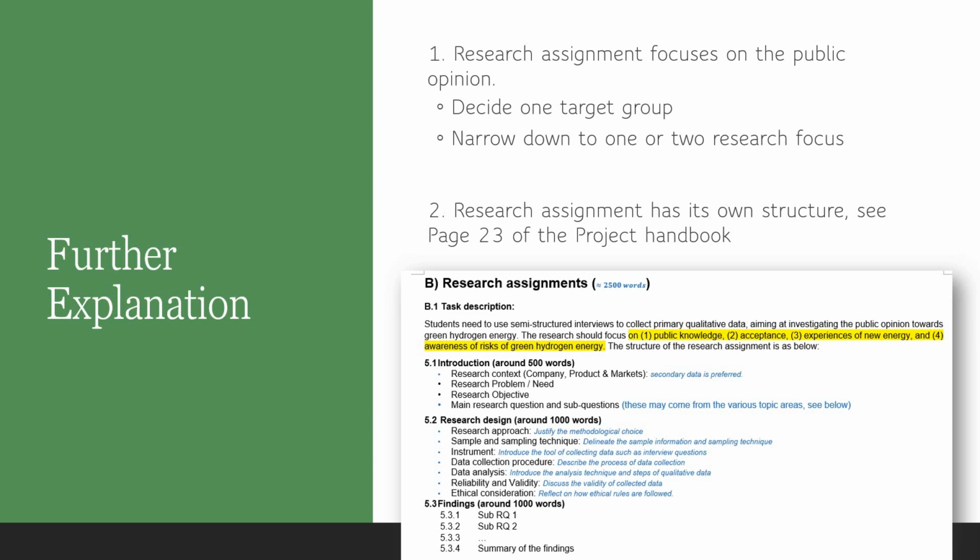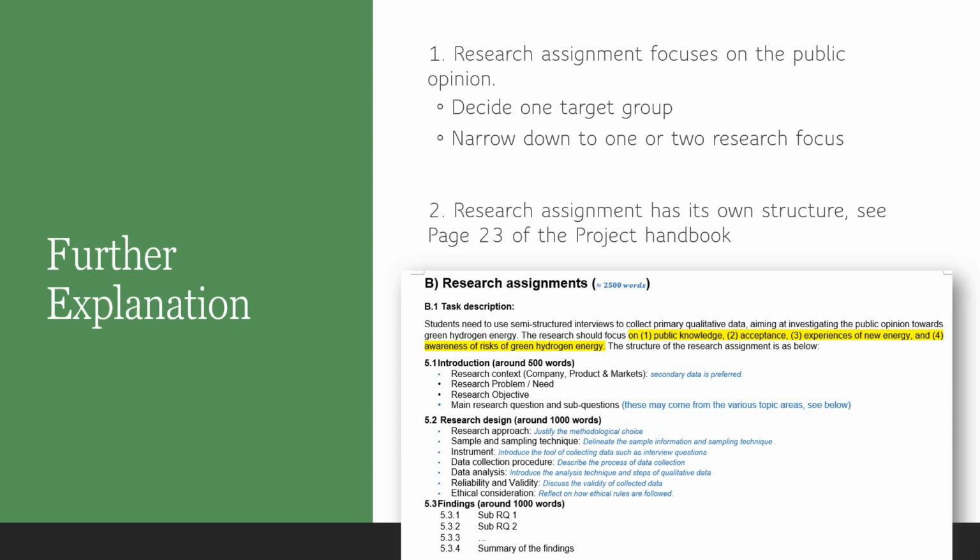And the next part is about data analysis. In this part, you will explain what kind of software, CAQDAS, computer-assisted qualitative data analysis software, you use to analyze the interview data. The one that we recommend is Atlas TI 9.0 or 8.0. And you can also present some examples of your codes to help your readers understand that your analysis or your interpretation of the interview words is very normal, or on the same page as